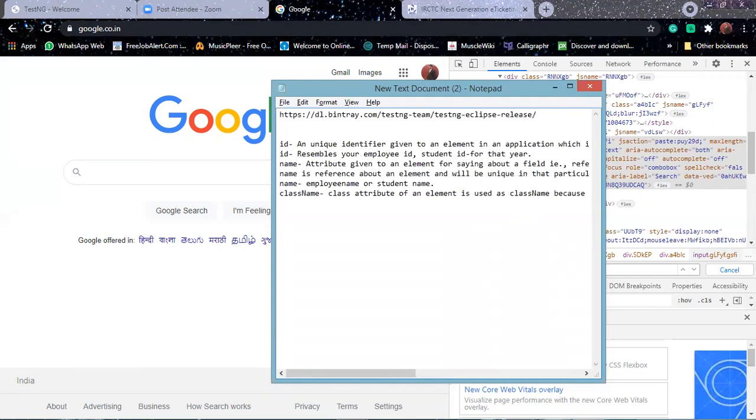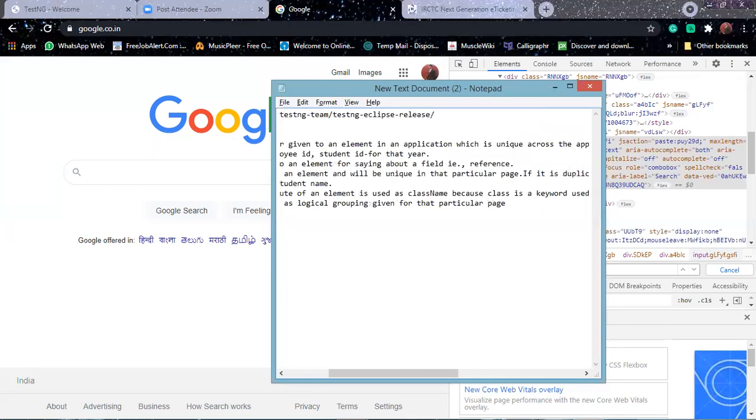Class name is considered as a logical grouping given for that particular page.